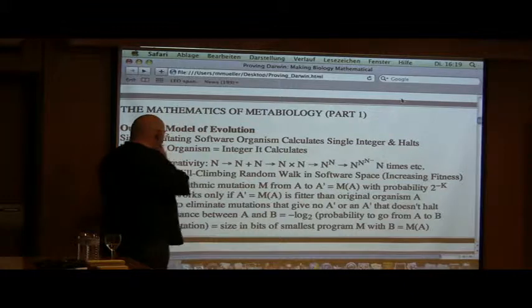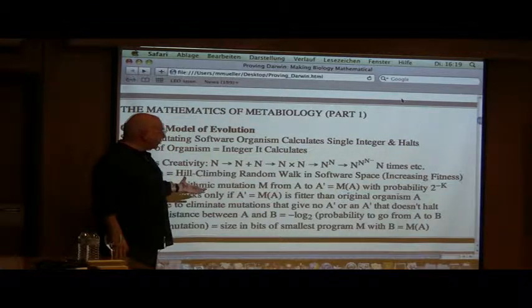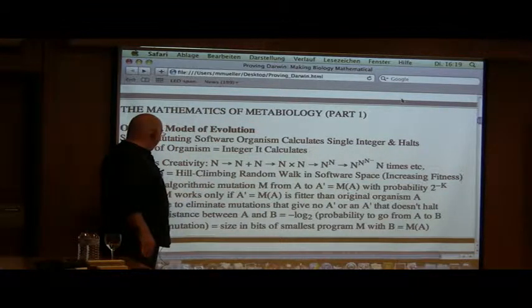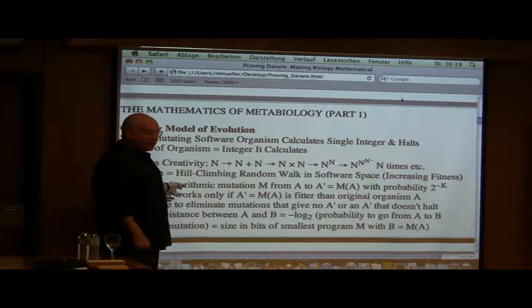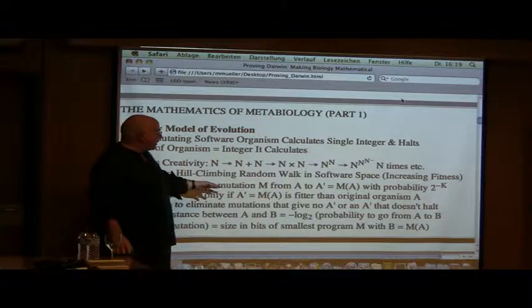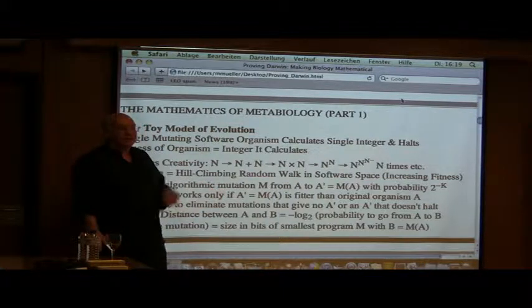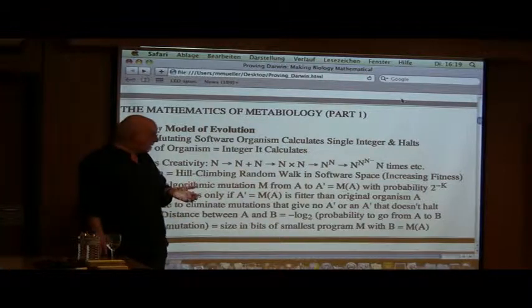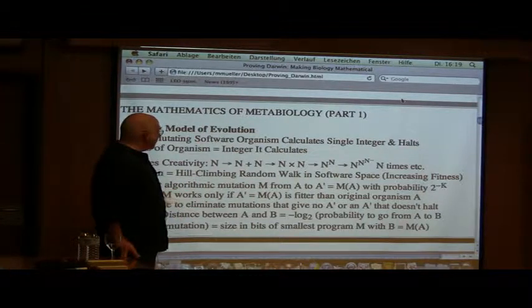One thing to say though is, this bit flipping mutation is very probable, and the mutation will be tried, but it will never work. It only works if your new organism is fitter than the original organism. That is to say, if it calculates a positive integer and the positive integer is bigger than the previous positive integer. So now one thing to point out about this